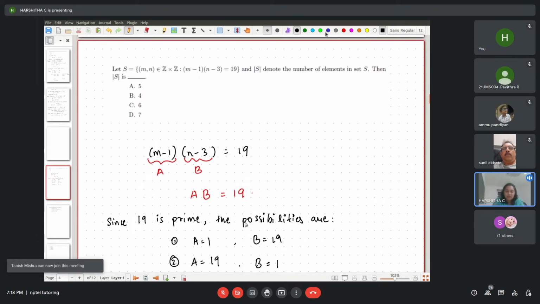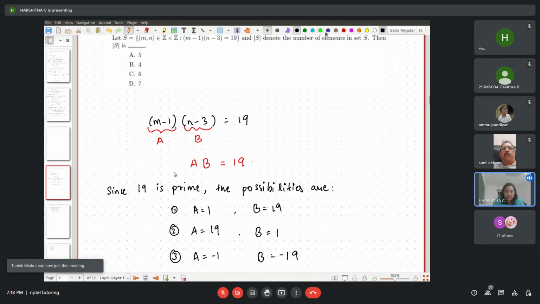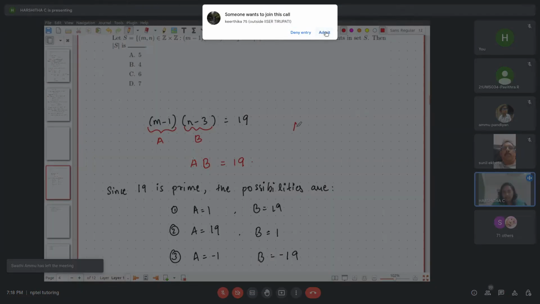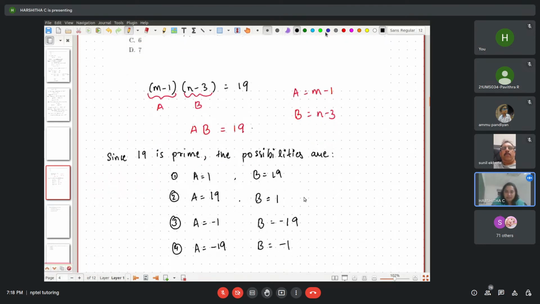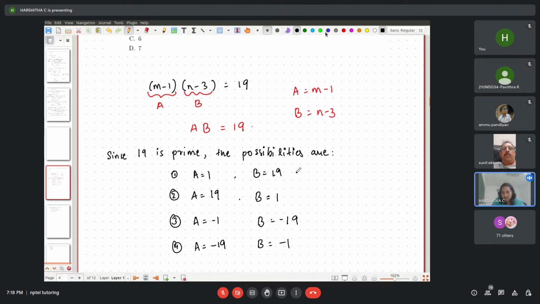So each of these now, what do you know? A is nothing but m minus n, 1. So from here we get a is n minus 1, b is n minus 3. So this determines your m and n. Let's just work it out. So if this is the first possibility, it gives m is